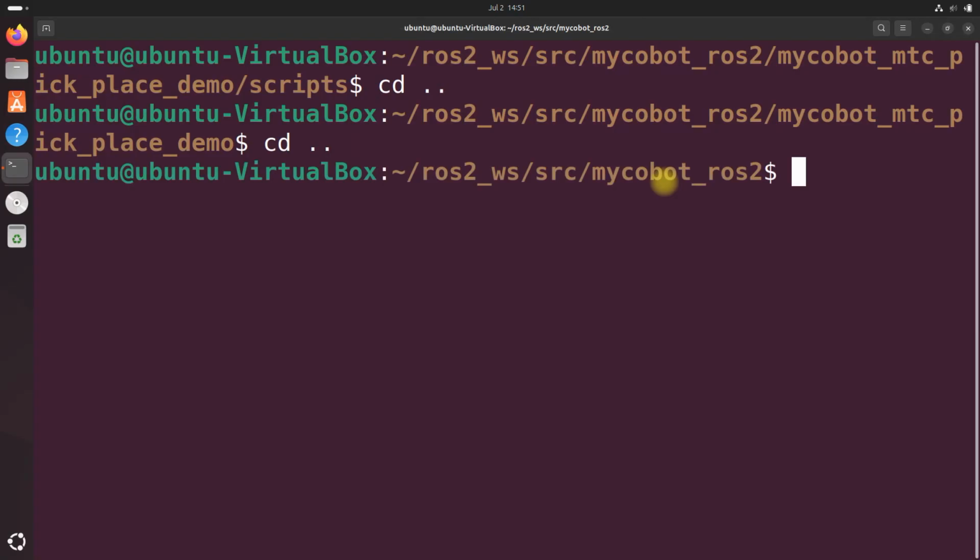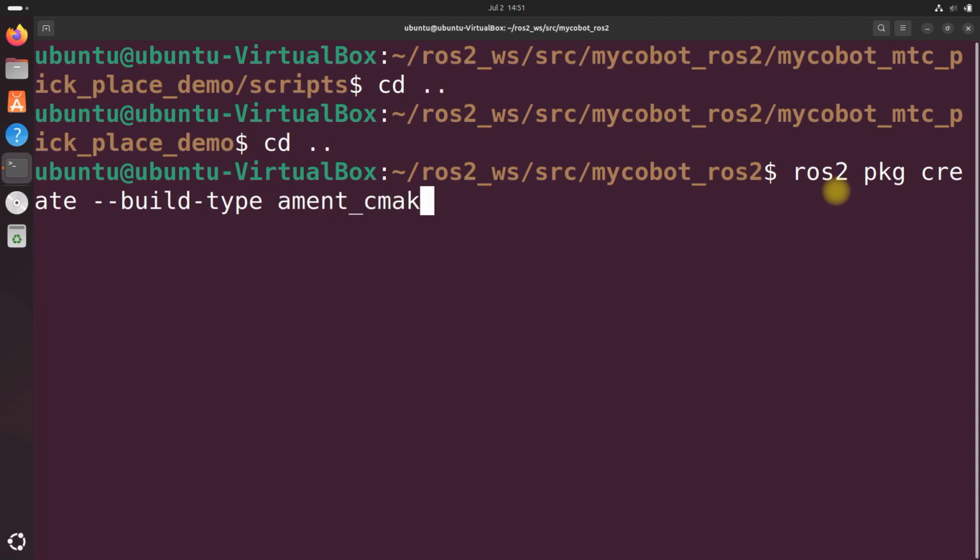Okay, and this package will be used across our MyCobot projects for custom message and service definitions. So we're going to start in here in the ROS2 source, MyCobot ROS2. And let's create the new package. So I'm going to do ros2 pkg create --build-type ament_cmake --dependencies